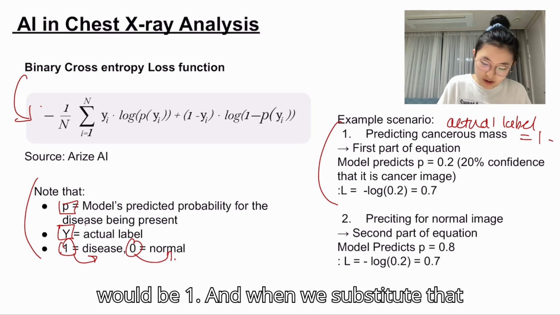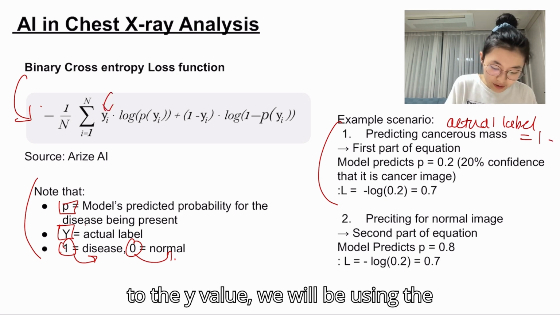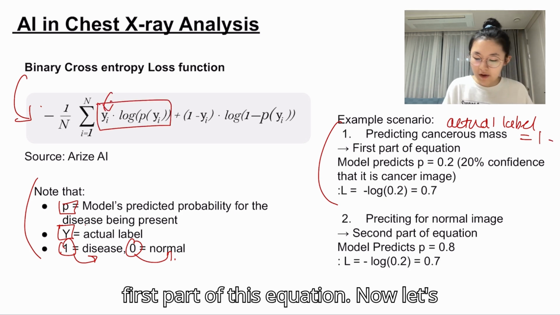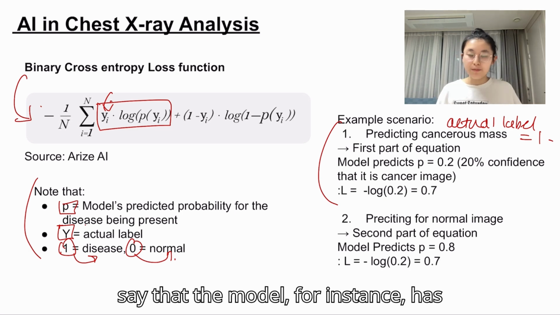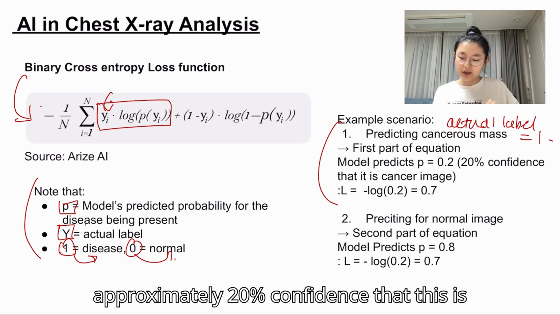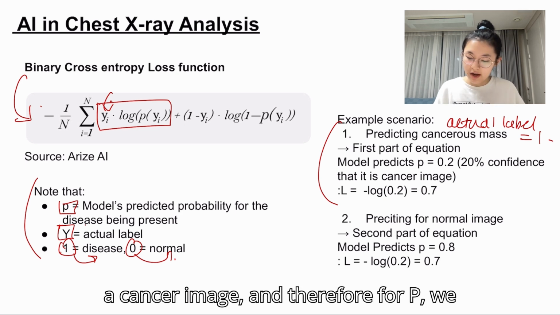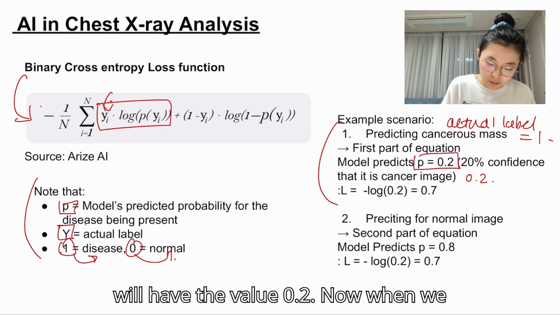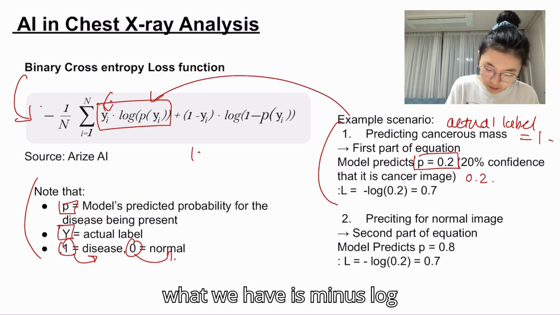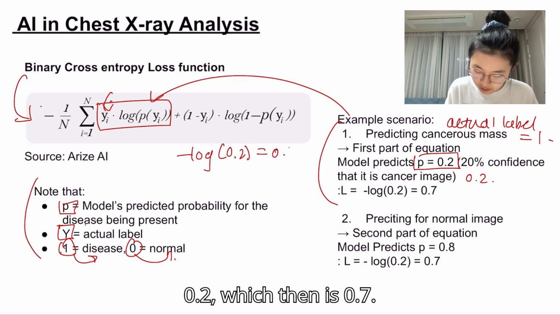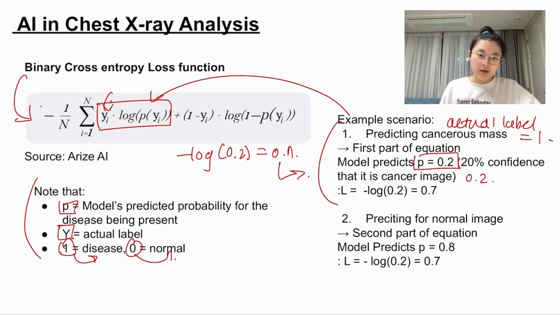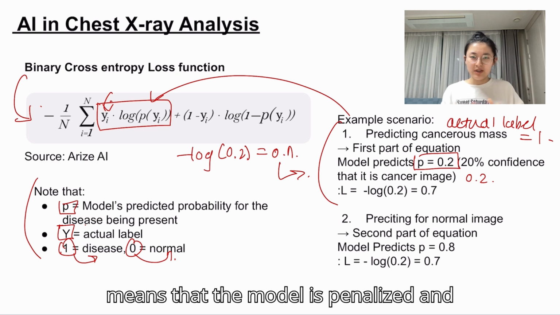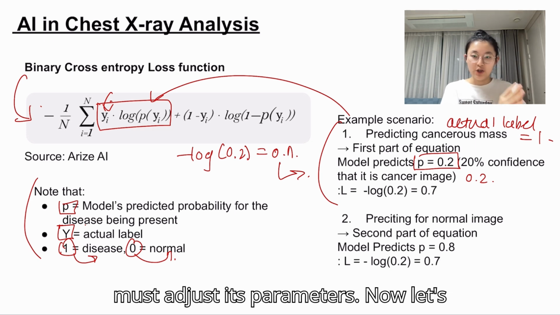would be 1. And when we substitute that for the Y value, we will be using the first part of this equation. Now, let's say that the model, for instance, has approximately 20% confidence that this is a cancer image, and therefore for P, we will have the value 0.2. Now, when we compute it and put it into this equation, what we have is minus log 0.2, which then is 0.7. So this is a pretty high loss, which means that the model is penalized and must adjust its